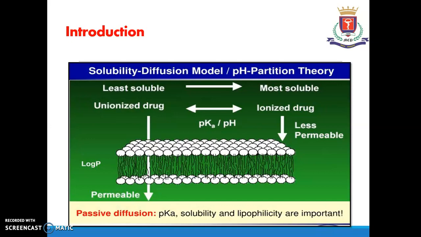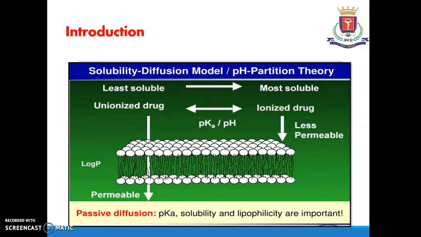And this ionization is dependent upon the dissociation constant of a drug, and based on the pH conditions, the ionization will take place. Therefore, the next situation is the drug is having more aqueous solubility and more ionization properties, it will be available in the more ionized form at the GI pH depending upon its dissociation constant. So as it is available more in ionized form, now it is less permeable through the GI barrier. So this is what the theory suggests.